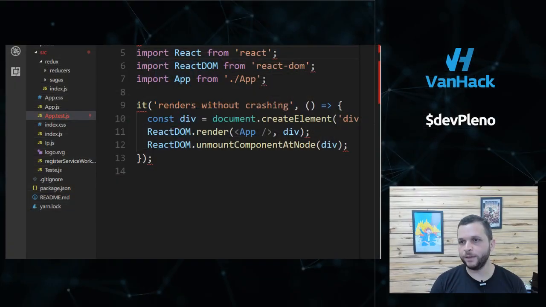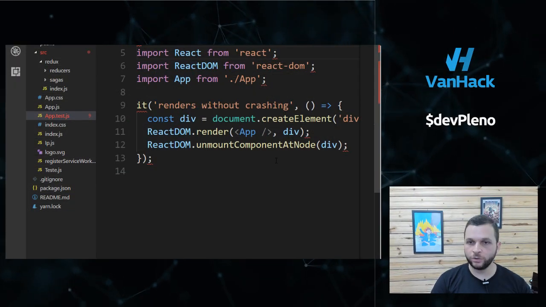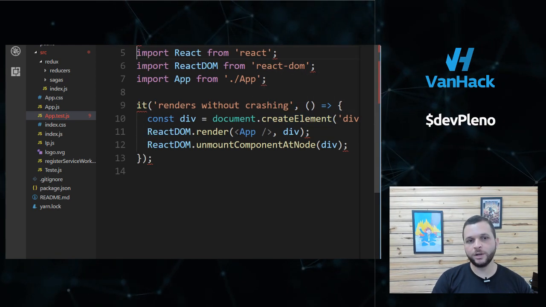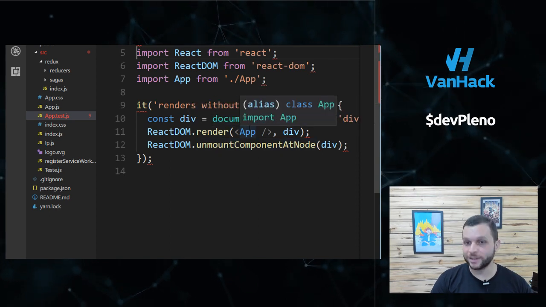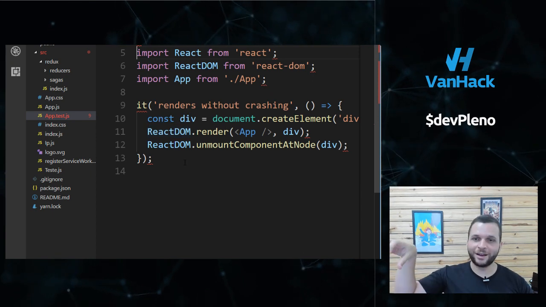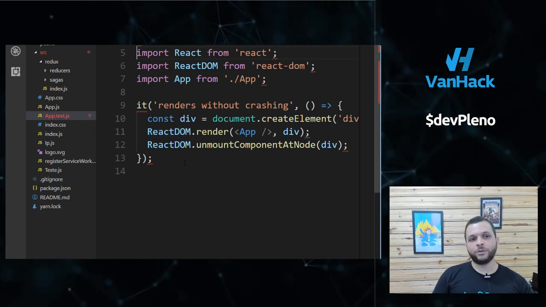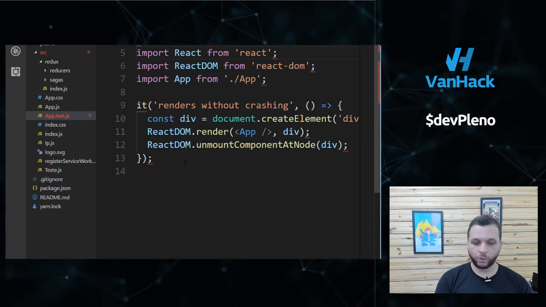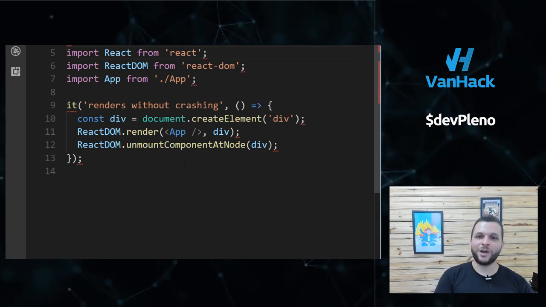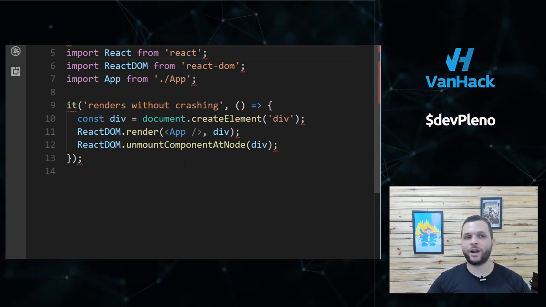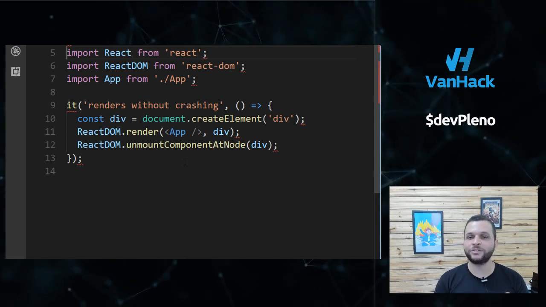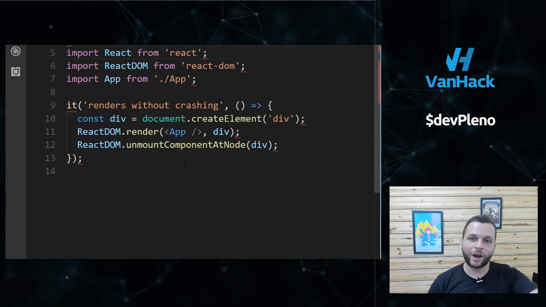So if we are going to unit test our component, one of the things that we need to do, for example, is see if the component renders. We can test here using ReactDOM, for example, that creates a DOM for testing. But we have another approach that just does shallow rendering. So we are not creating the component itself. We are just rendering in memory,